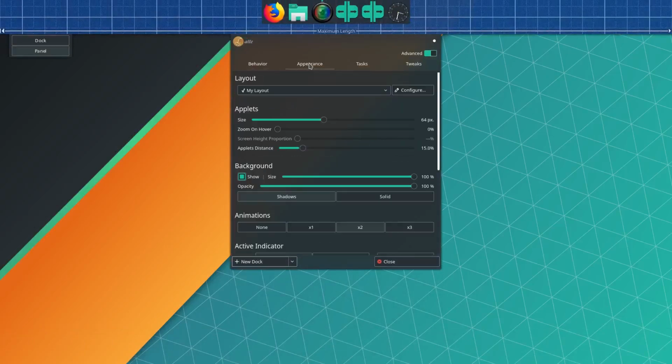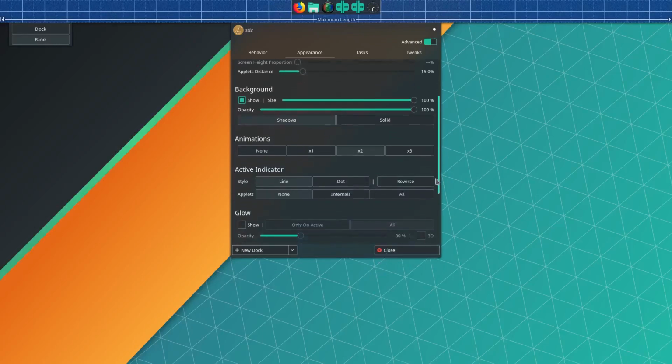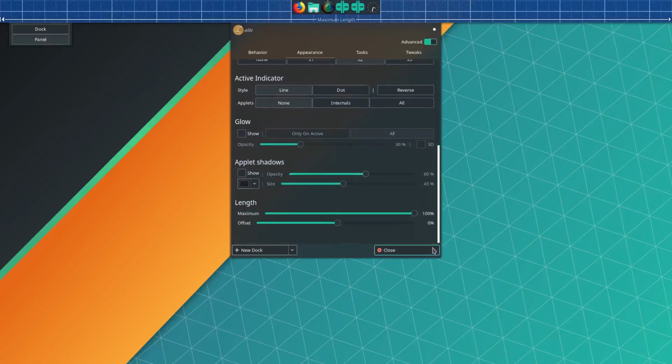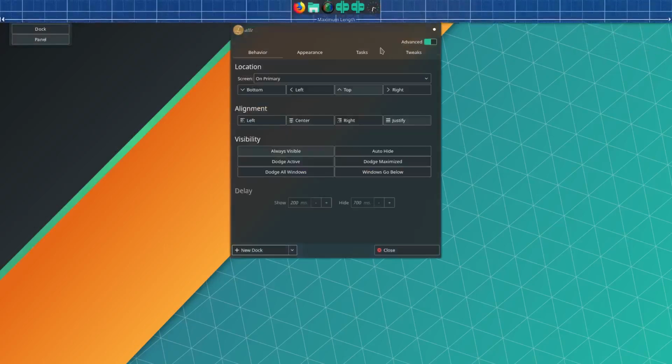Let's see, go into appearance here. And obviously I don't want it 64 pixels. I usually want it around 38. Alright, I'm going to scroll down here a bit. I think that's everything I want. And as you can see, it's more like your regular panel now. So I'm going to get the panel settings up here and get rid of some of this junk up here. Okay, I'm going to leave that there because that, I believe, is the one thing I do need up there,